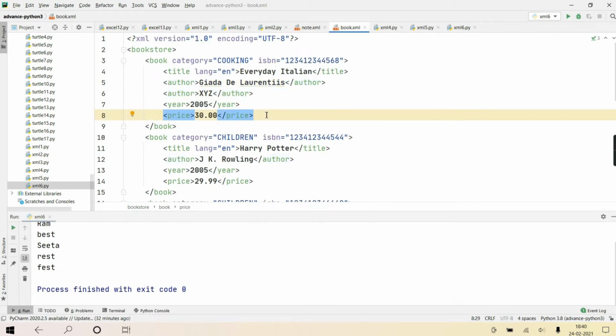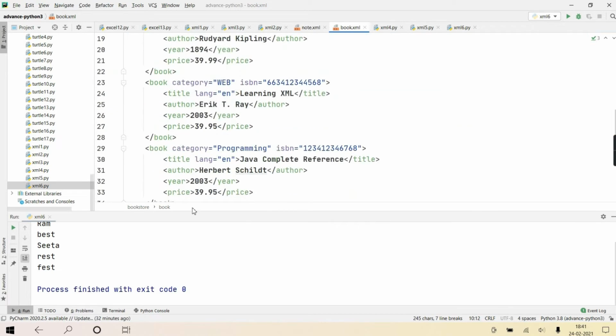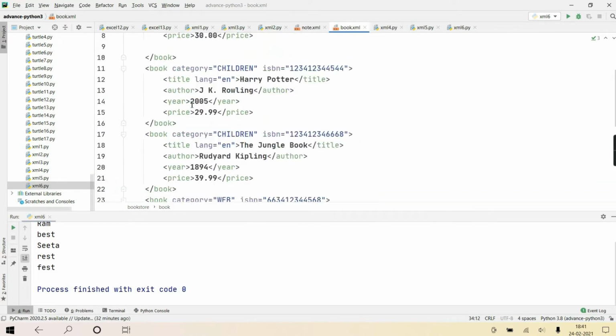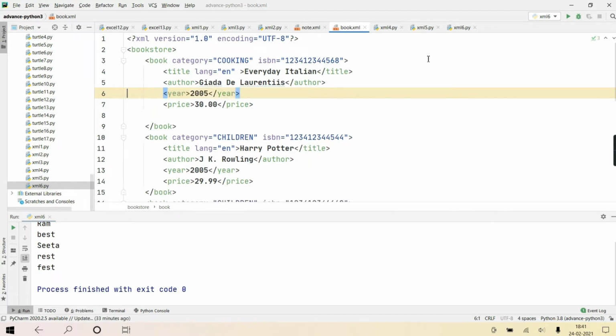Suppose I want to append one new element, or one complete new book, or change an attribute's value, or add a new attribute, or change the text content. For that also a provision is given. So how to do it? That is the next discussion.